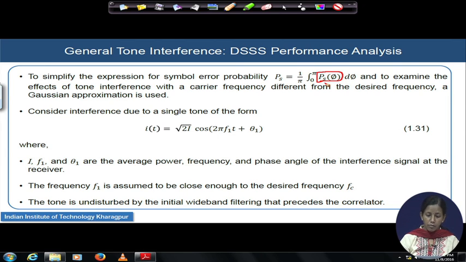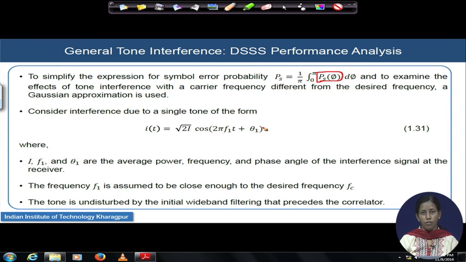In continuation, we will revisit this equation for the new consideration of the interfering signal. To examine the effect of tone interference with a carrier frequency different from the desired frequency,